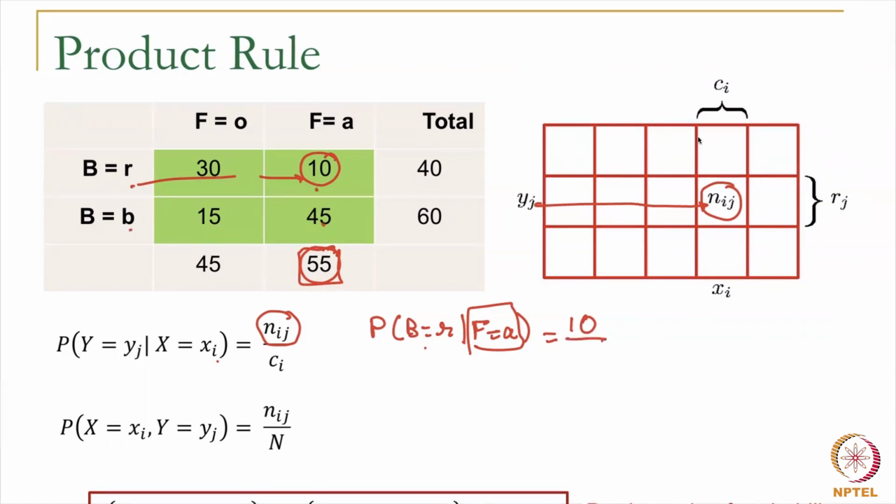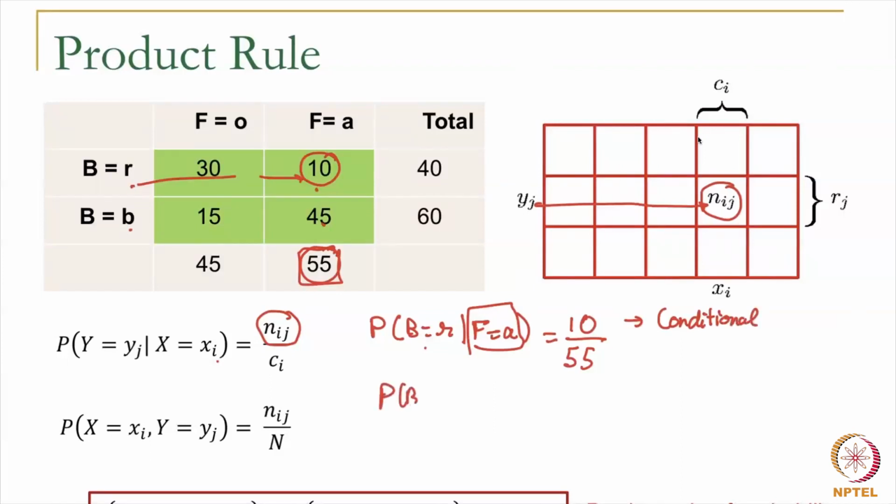So this becomes 10 divided by 55, not 10 divided by 100. 10 divided by 100 simply would be something else. So this is the conditional,